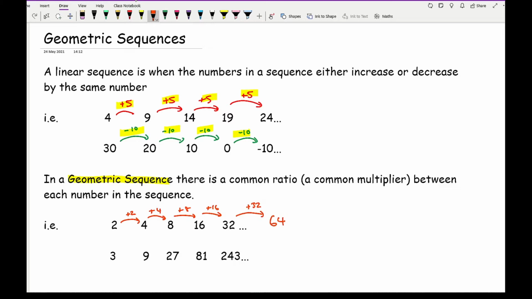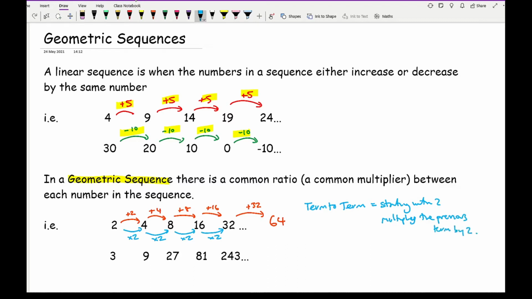However, another way of looking at this, rather than looking at what's being added or subtracted, is recognizing that each of these numbers is being multiplied by 2. So the term by term rule is that you are multiplying the previous number by 2. Now the difference between the numbers is not 2. What you need to do is the term by term rule, which is where this comes into play more than a linear sequence: the term to term is starting with 2, multiply the previous term